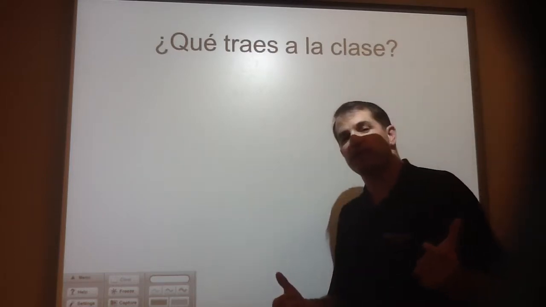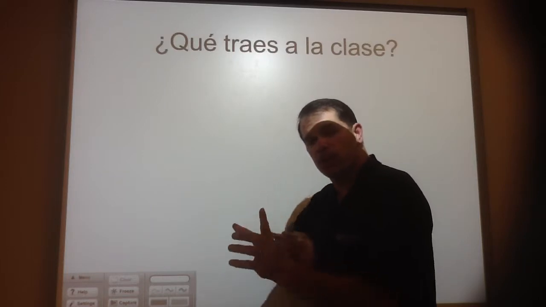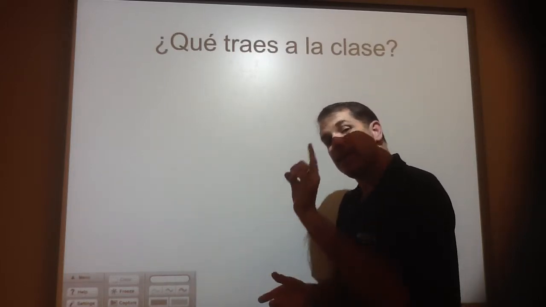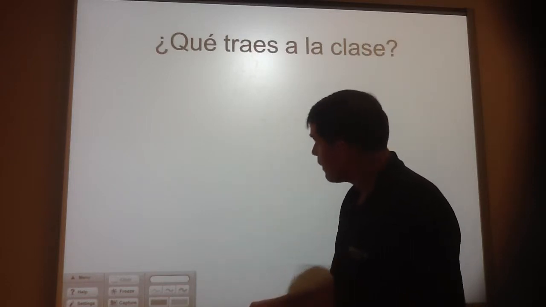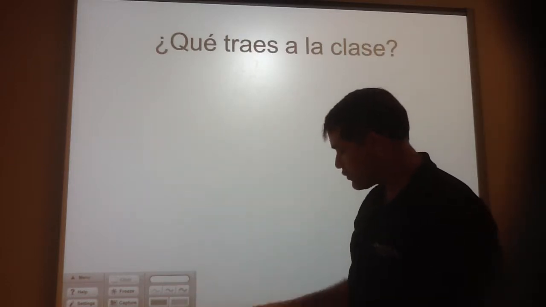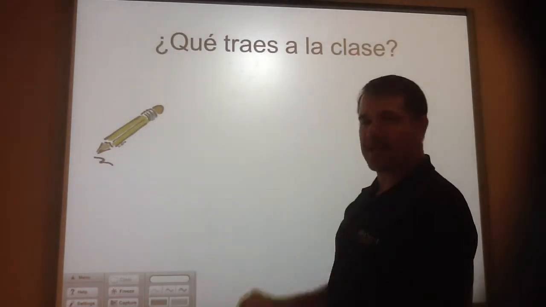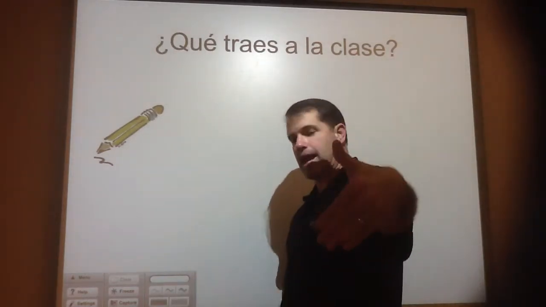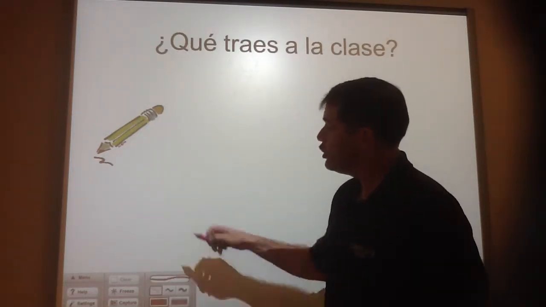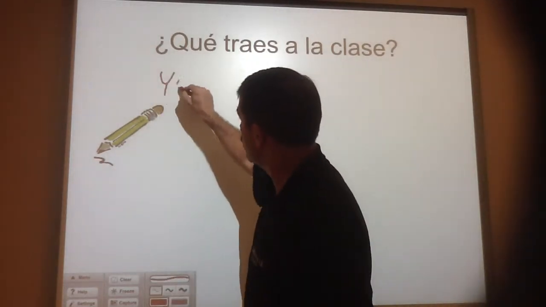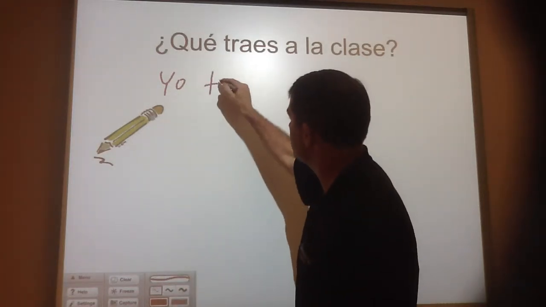Okay, now, also in lesson 4, we have verbs that are irregular only in the yo form. So they're regular in all other forms except la forma de yo, the yo form. Okay, so traer is one of those. So if I ask, ¿Qué traes a la clase? What are you bringing to class? ¿Qué traes a la clase? We would say, yo, and then the irregular yo form of traer is